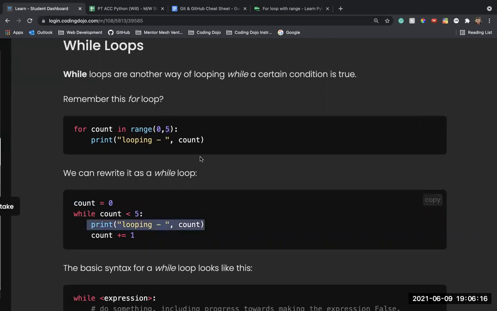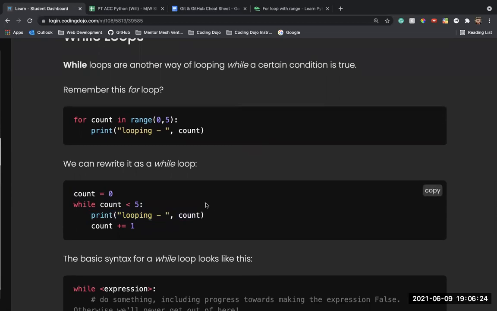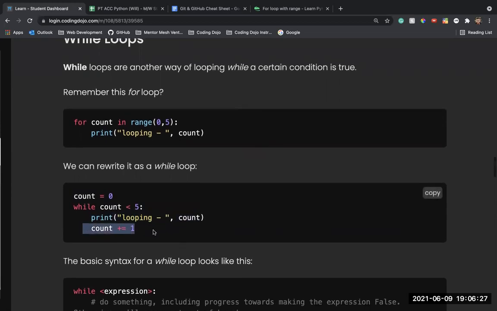And then I can print the same thing, but one big important thing. If you don't hear anything else tonight, I hope you hear a lot of other things tonight, but hear this. If you ever do a while loop, make sure you have a counter or something increasing/decreasing, right? Decreasing if you're saying, if it's greater than 5, or increasing if it's less than.